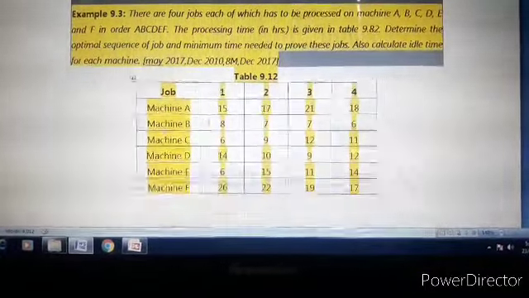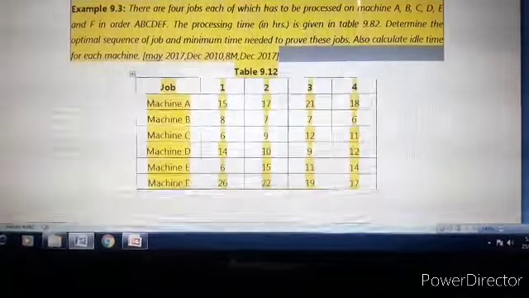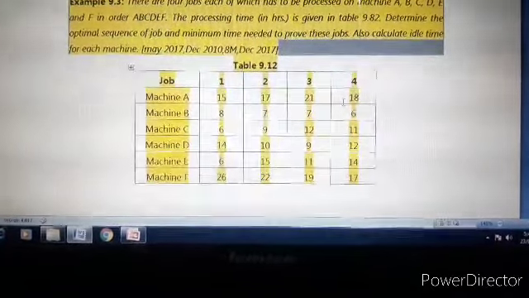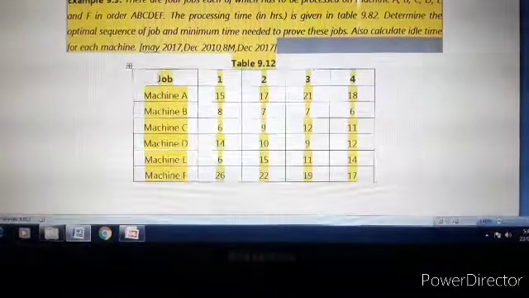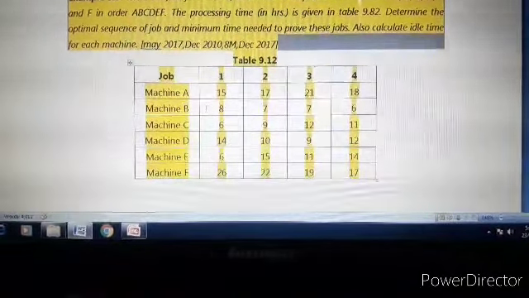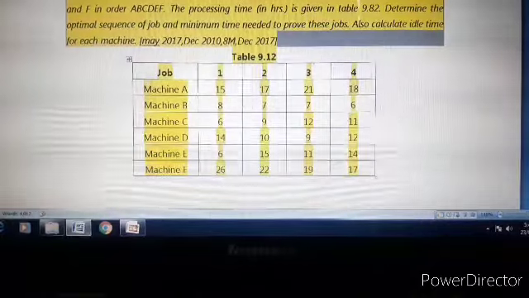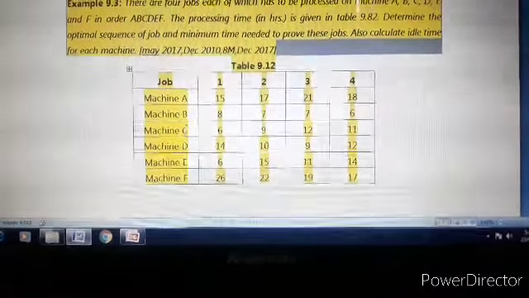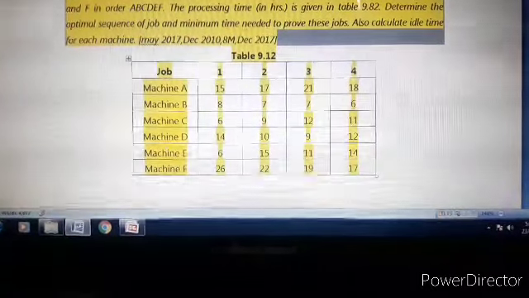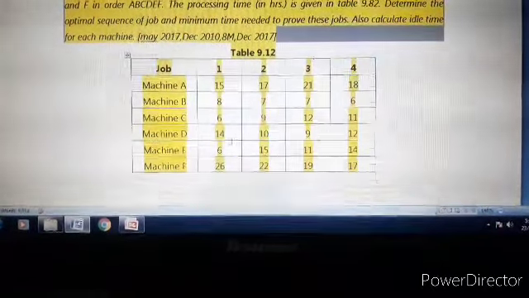The processing times on A are 15, 17, 21, 18. Out of this, what is the minimum processing time? It is 15. Then the maximum processing time of B, which is 8, 7, 7, 6, is 8. For machine C, the maximum time is 12. For machine D, the maximum time is 14.